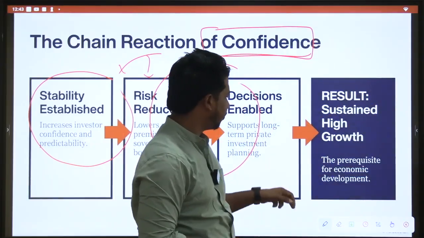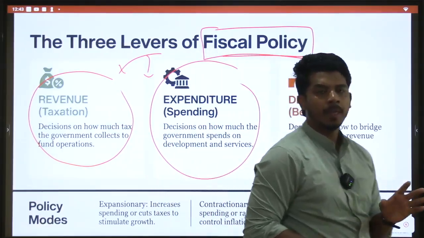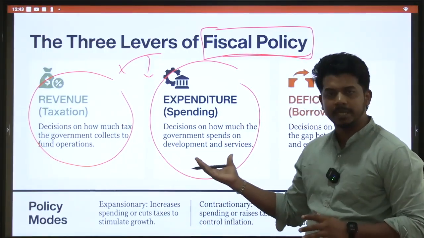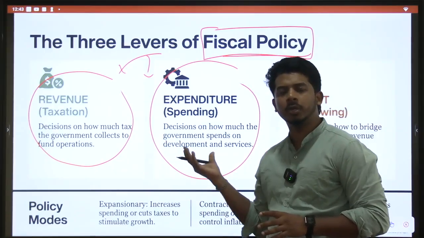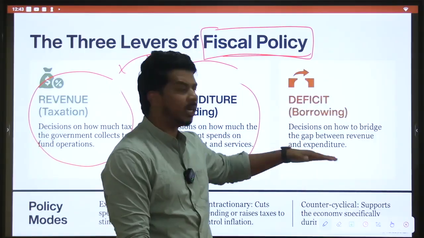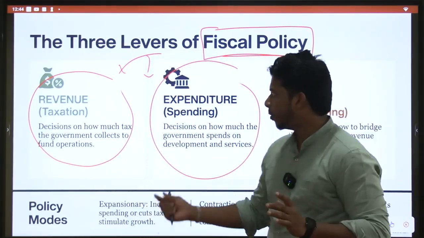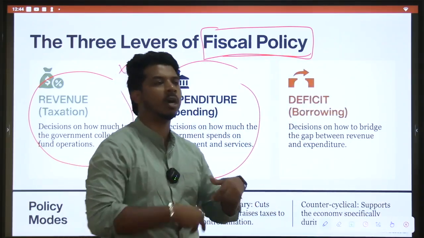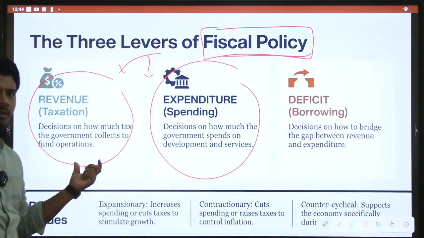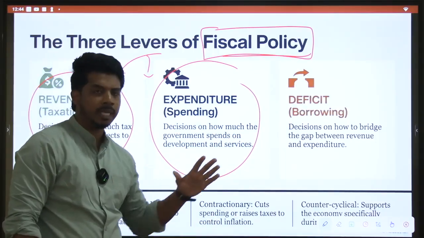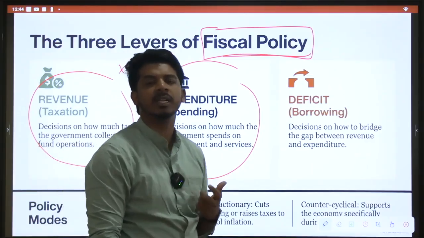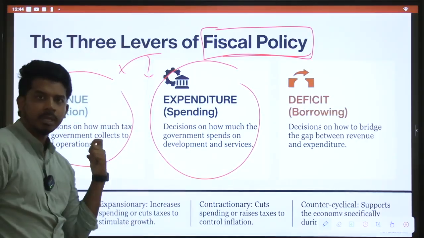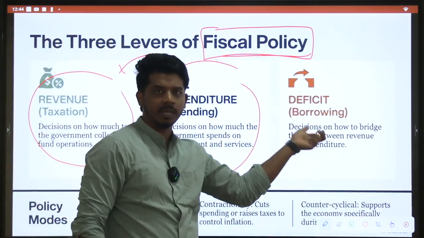deficit should be reasonable. That means if you are earning more, your revenue is more than your expenditure, the amount you are earning more than the amount you are spending, then you will not have deficit, you will have surplus. But if you are earning less but you are spending more, then you will have deficit. You need to borrow from outside because your revenues are not enough. So here comes the concept of deficit. Deficit in finances. When you are managing your fiscal policy, the deficit you come at is the fiscal deficit.